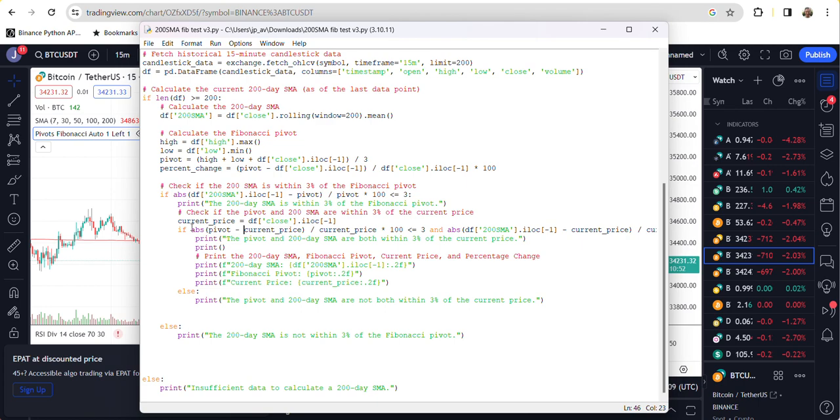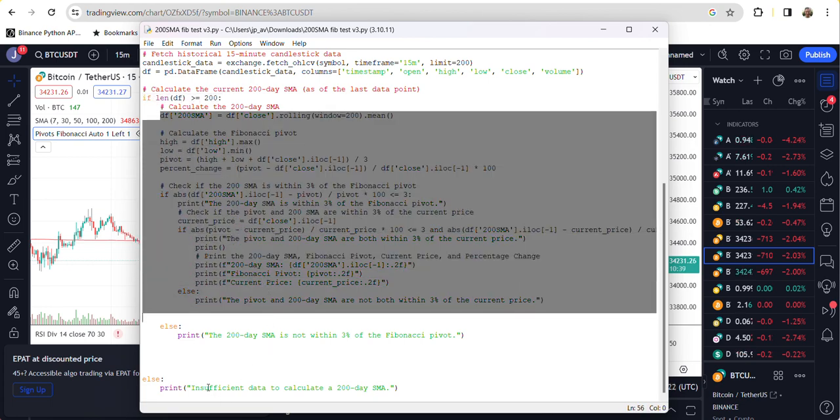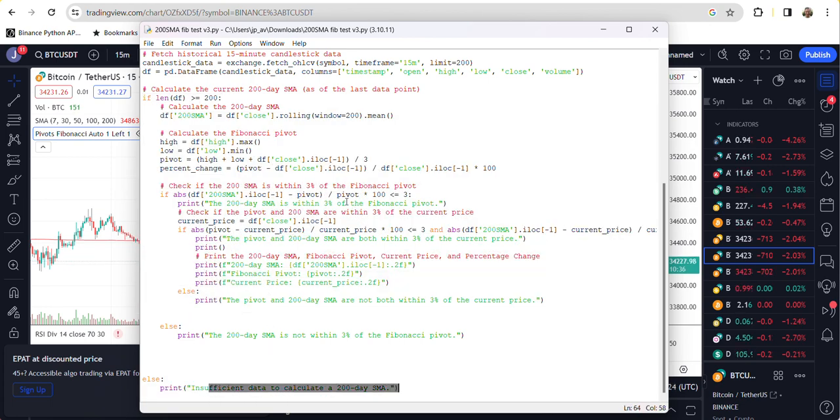So AI has helped me here, and I've got some conditionals here. What we're saying basically is if we've got enough data for the 200-day SMA, then it's going to run our program. If we don't have enough data, then it's not going to do that. So if that particular coin you're looking at hasn't got 200-day data points, the program's not going to run. Okay, so it's going to have to be a sort of experienced coin, if you like, an older coin. So I've got my conditionals in here.